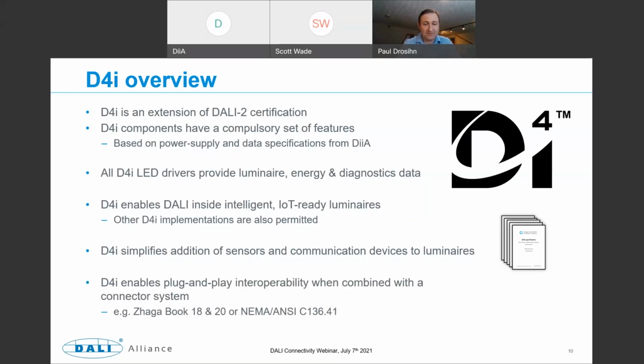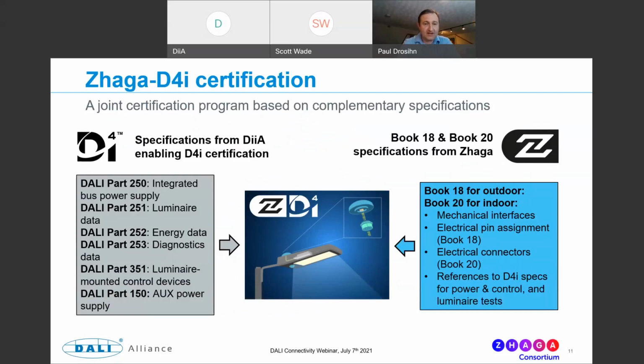And D4i enables plug-and-play interoperability when combined with a connector system such as Zhaga Book 18 or Book 20, or NEMA ANSI C136.41. So Zhaga's D4i certification, I mentioned the plug-and-play capability. So Zhaga D4i is a joint certification based on complementary specifications,